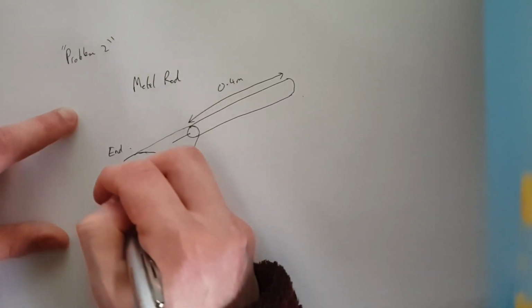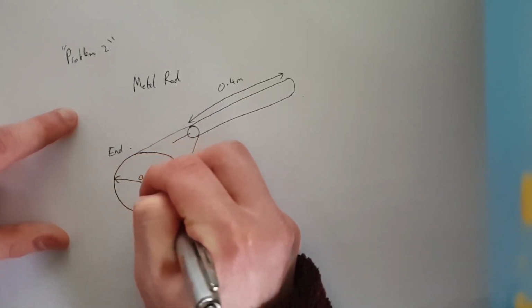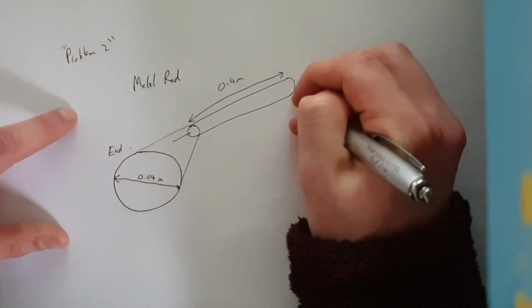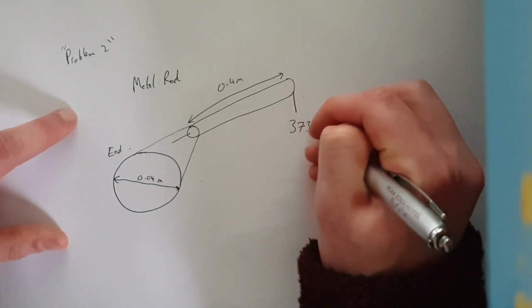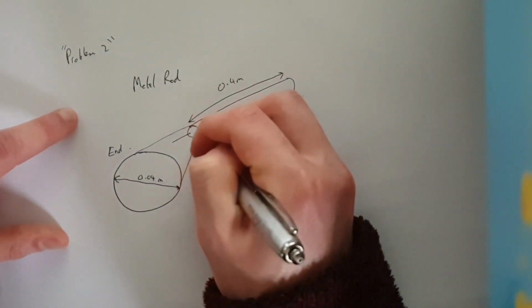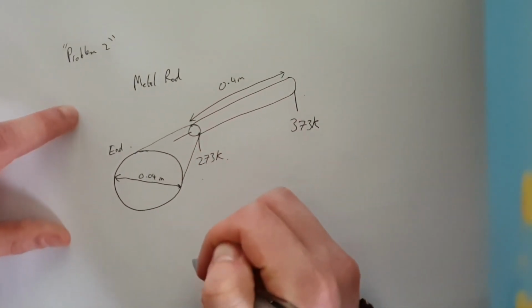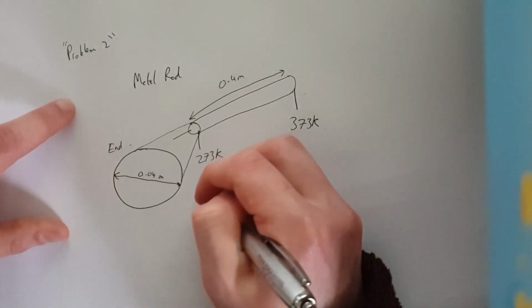It has one end here being held at 373 Kelvin, and the other end here is being held at 273 Kelvin. Calculate the total amount of heat conducted in 1 minute, given that K,